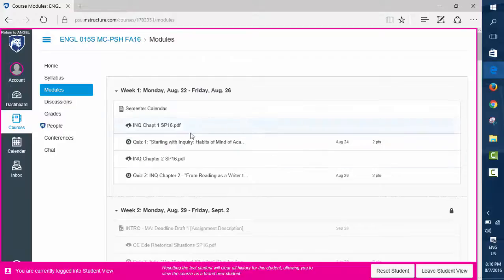You can arrange these modules, and I've seen a few of these that are done very nicely, and I know that in Angel I had everything arranged according to assignment, not according to time. And I really, really love that system. And you can do the same thing here.